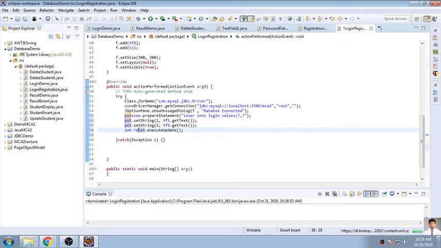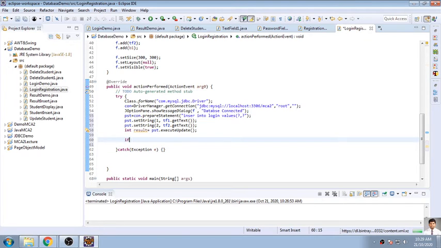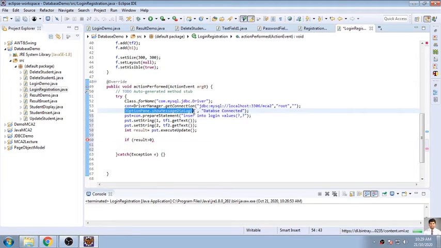So int result is equal to preparedStatement.executeUpdate, and if the result is greater than 0, then you have to say: Registration completed.